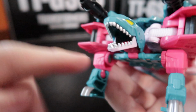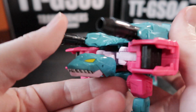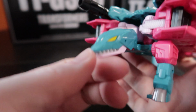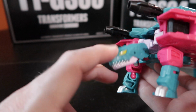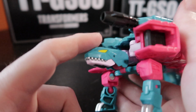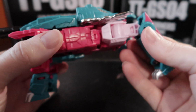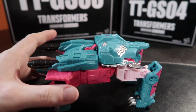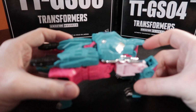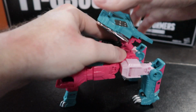What I don't like immediately taking him out of the box is that, God, that's so cool. The back of the head doesn't peg in anywhere right here, so his head's just kind of on this hinge. So if you get one and the hinge isn't strong, he's just gonna be sad turtle. So let's see if I can transform this guy without the instructions, which are right here. Not gonna use them. So let's unpeg this guy here, the shield,